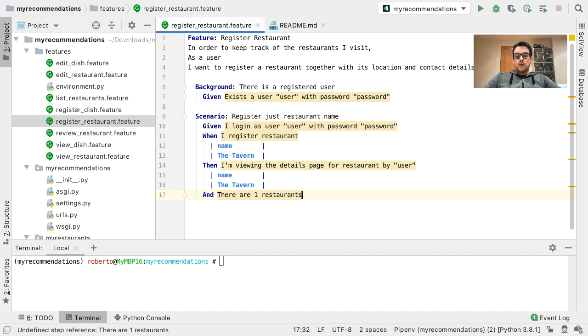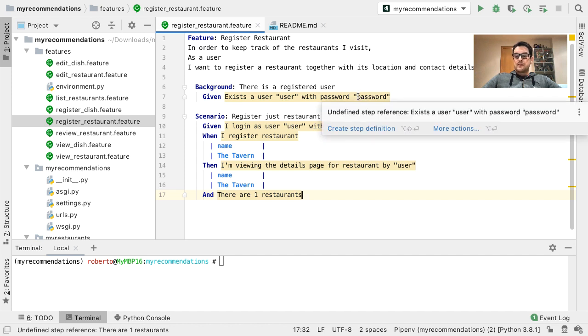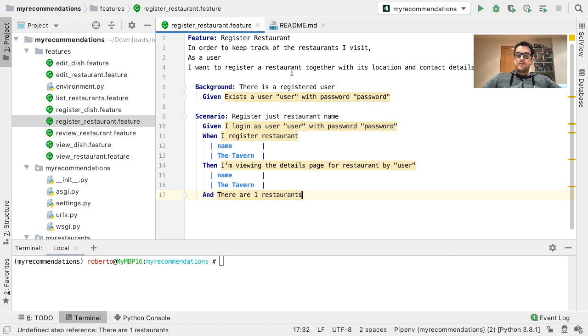As you can also see, all the steps are right now marked in yellow. This is because they are not implemented yet, and in this case the plugin for Gherkin inside PyCharm is complaining about that. And also, if I try to execute behave from the command line, as you remember, is the tool that is dealing with this Gherkin syntax and implementing the behavior-driven development approach, if I execute it,